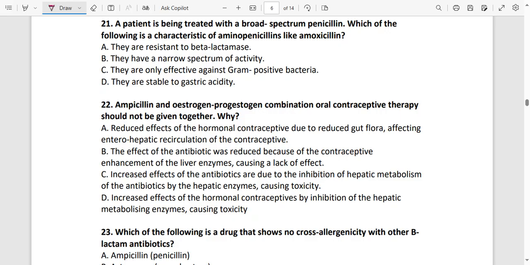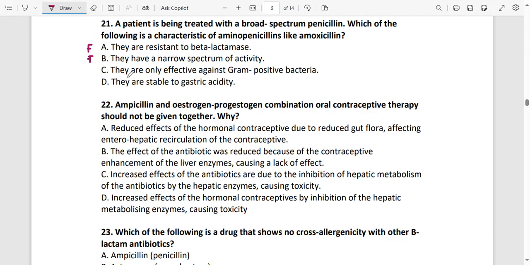Any thought? Let's start with A. They are resistant to beta lactamase. Is that true? This is false. They have a narrow spectrum of activity. Is that true? This is false. Remember, we said the only guys which have got a narrow spectrum is the penny G and